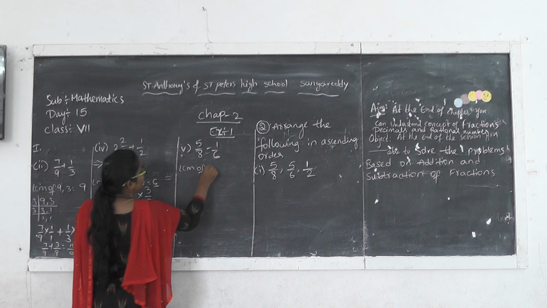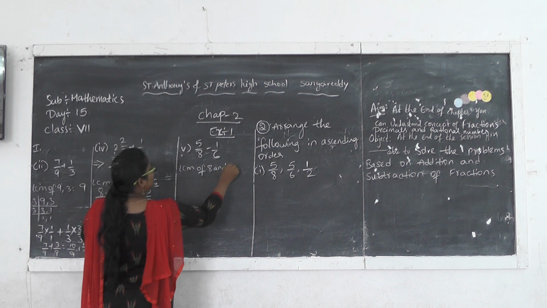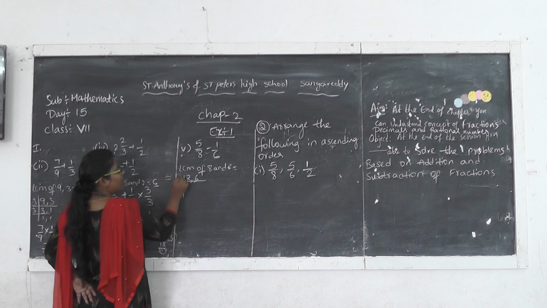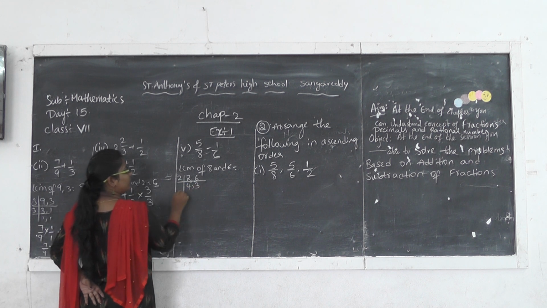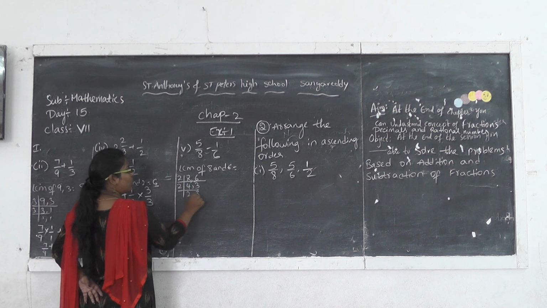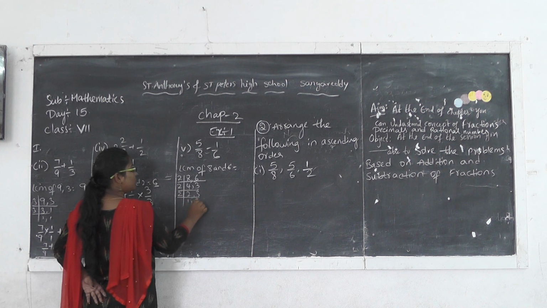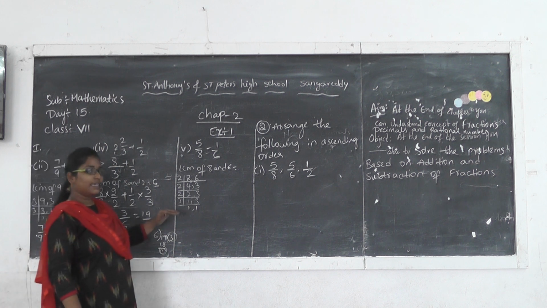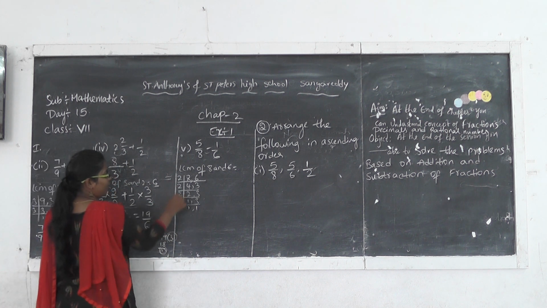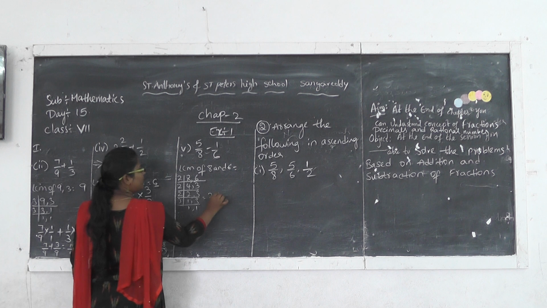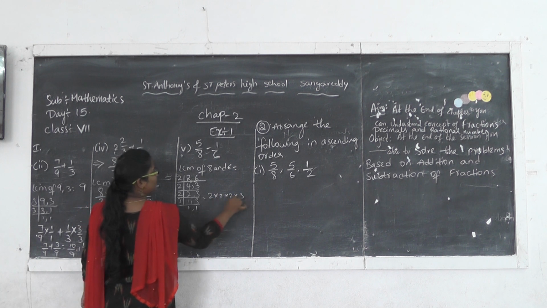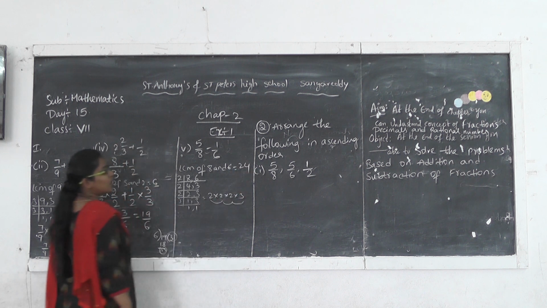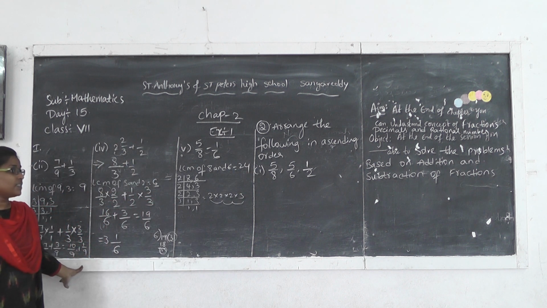First we have to take the LCM of 8 and 6. 8 comma 6. 2 4s are 8, 2 3s are 6, 2 2s are 4, 3, 2 1s are 2, 3. 3 1s are 3. You know how to take LCM; we already discussed it in grade 6. Now multiply all the factors: 2 into 2 into 2 into 3. 2 2s are 4, 4 2s are 8, 8 3s are 24. So the LCM of 8 and 6 is 24.